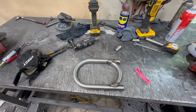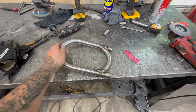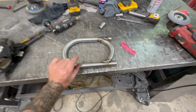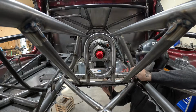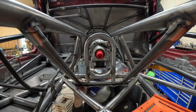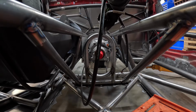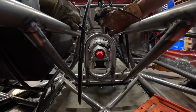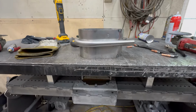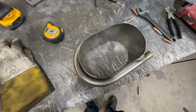So we're moving on to the drive shaft loop. I already have this measured out and I welded this together. I like to put a piece of steel all the way around this that sticks out to attach the carbon to. So let's go ahead and get the removable loop tacked in. While we're here, we'll put a shifter mount onto it also. There it is. It's not perfect, but